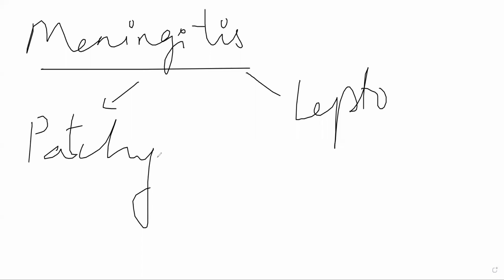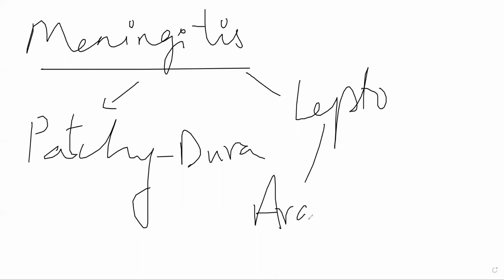This is the dura, and this is the arachnoid and pia. So leptomeningitis again is mostly due to infection, but sometimes it can be because of some noxious element, some chemical agent, or it can be carcinomatous in origin as well. That can also cause inflammation of the meninges. Now coming to the types of meningitis, specifically the infectious type of meningitis.